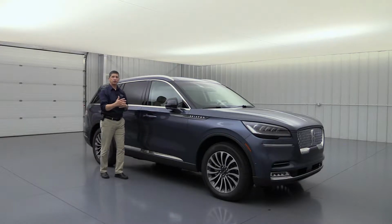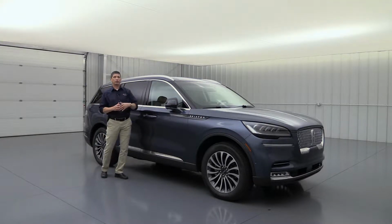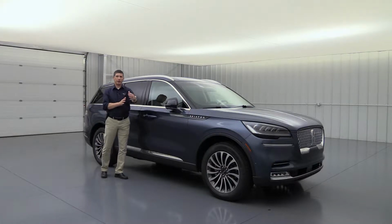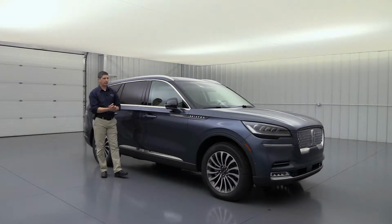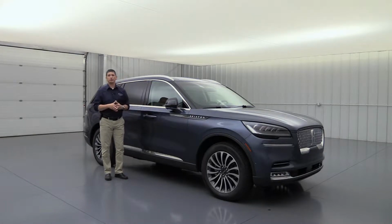Now, this does have AdvanceTrac with roll stability control. It'll help keep you on your intended path, so you hopefully don't have that rollover situation. If it's slick driving or you're going into a curve a little too fast, it'll use brakes around the vehicle to help keep you on that intended path and going around that curve safely without any kind of rollover situation. Now, this does have SOS post-crash alert system, so if you do get in an accident,